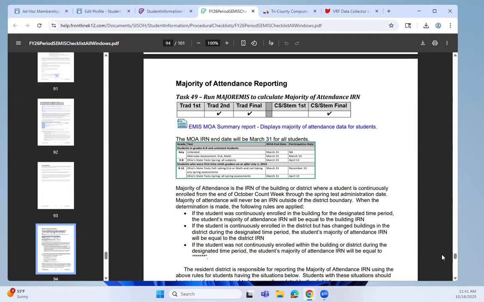If you go to page 95, it is still exactly the same thing. Page 96, non-graduate course summary. Normally we do that at the end of the school year. It is not reportable until then, and you know how you see that when you're doing your final reporting. As we move on, 97, 98, count of graduation credits and entry. We'll be doing that in May again. And then on page